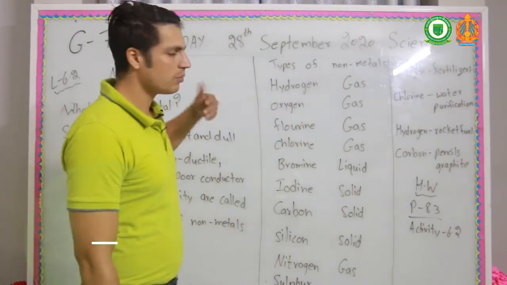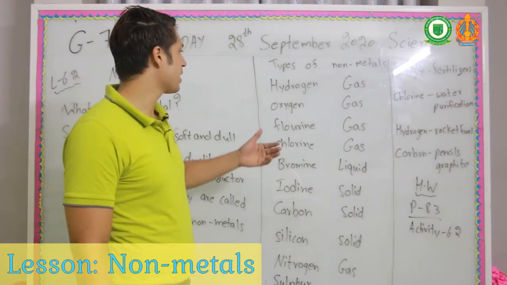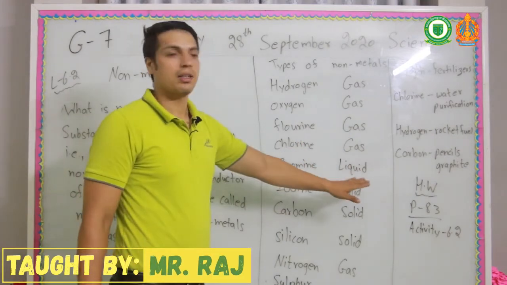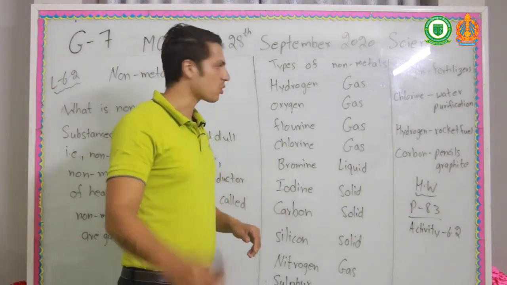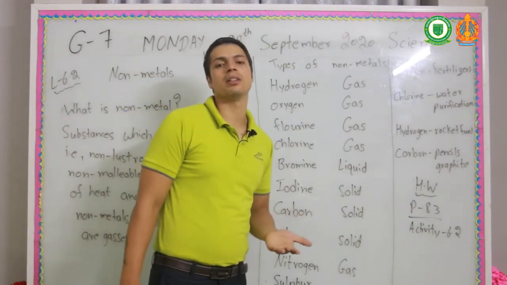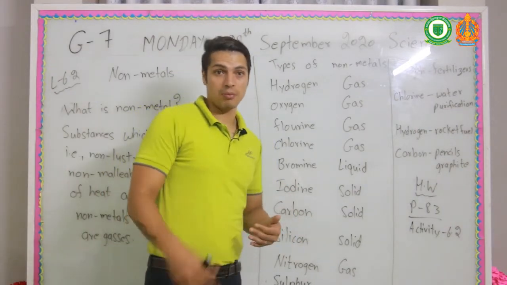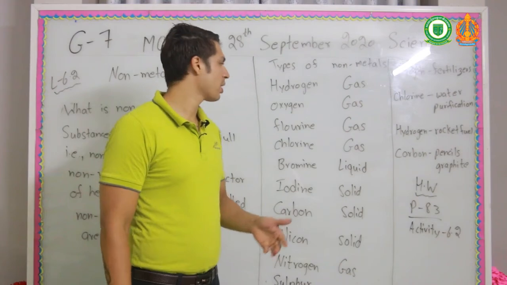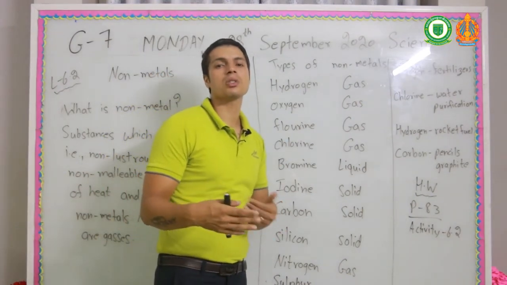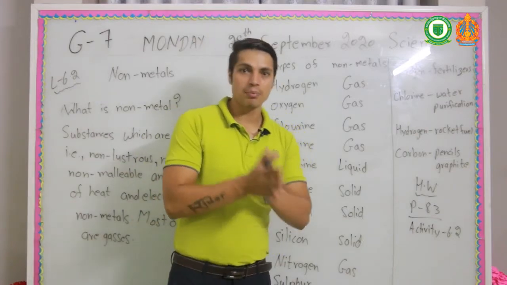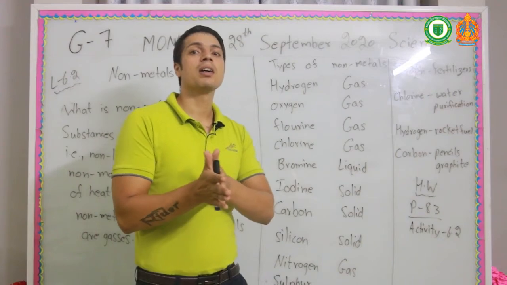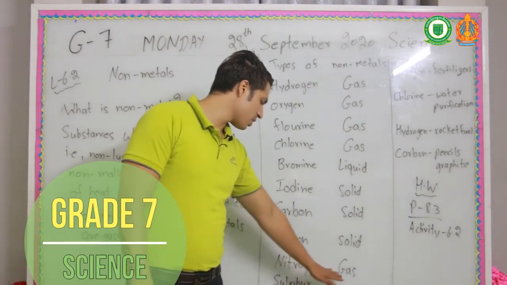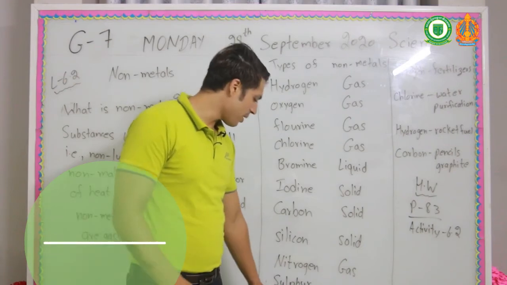So types of non-metals, like I mentioned earlier, most non-metals are gases. So hydrogen gas, oxygen gas, fluorine gas, chlorine gas, bromine liquid, iodine solid. Iodine is found in salt, okay. Oxygen is used in the hospital for people that have breathing problems. But in everyday life, we breathe in oxygen and we breathe out carbon dioxide. That's why we say plant more trees, because plants produce oxygen and they breathe in carbon dioxide, okay. And carbon solid, silicon solid, nitrogen gas, and sulfur is powder shape, helium